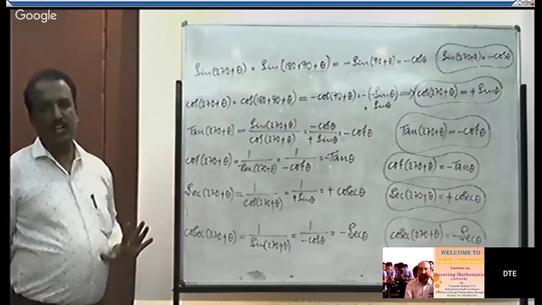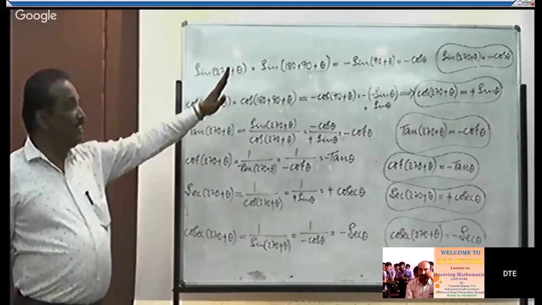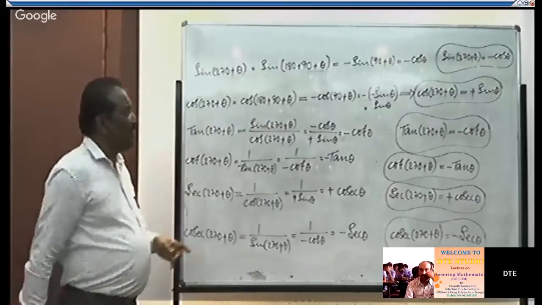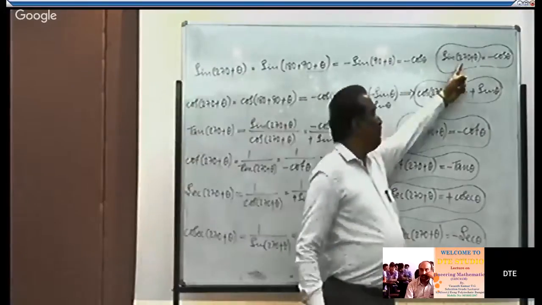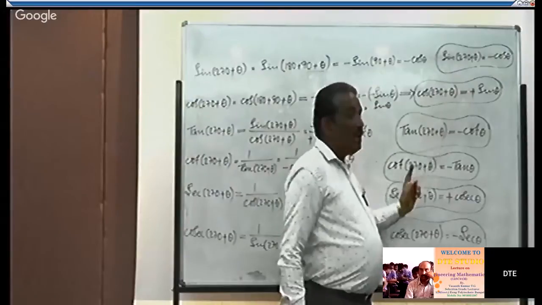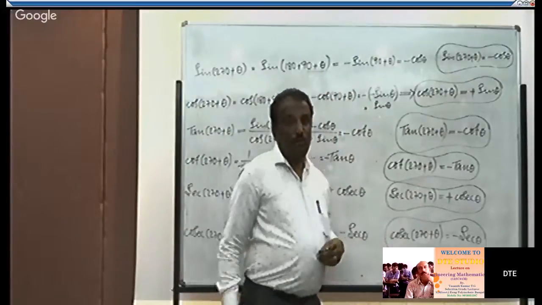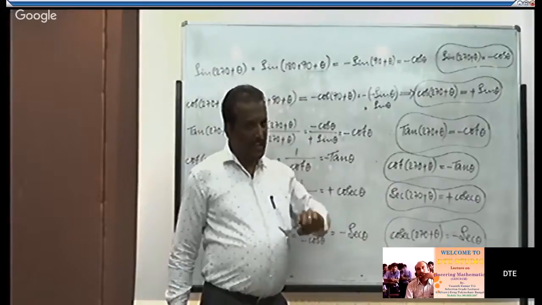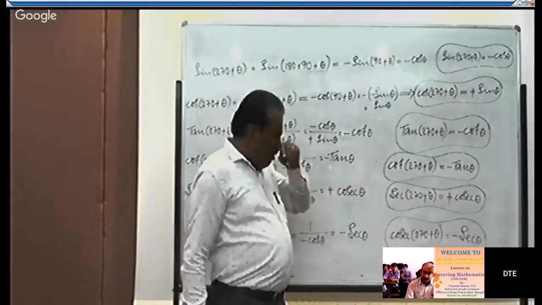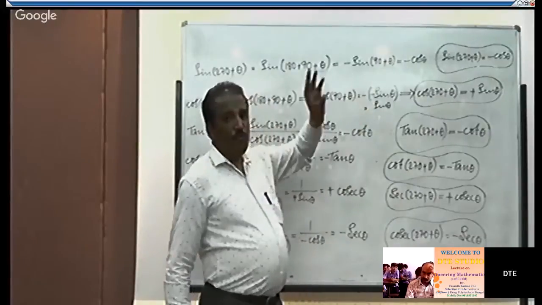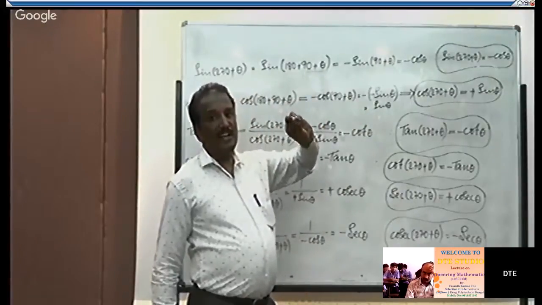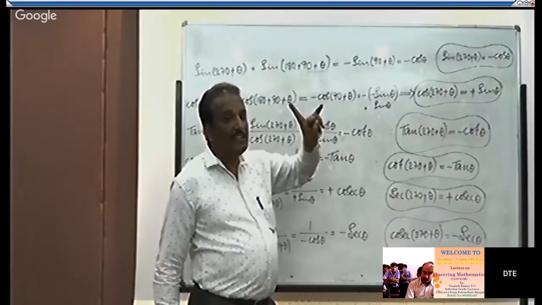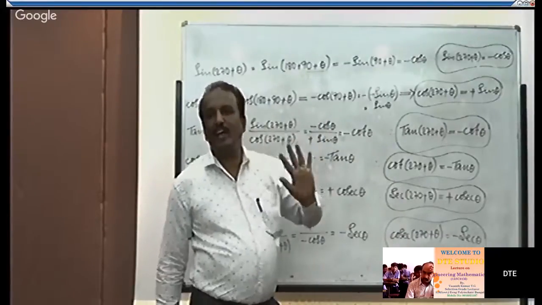Once again, you can check these results using the quadrant rule of signs. Please note that this angle 270 plus theta is coming under the fourth quadrant. In the fourth quadrant, the possible angles are 270 plus theta and 360 minus theta. So, when we connect 270 plus theta, which is an angle coming under the fourth quadrant, according to ASTC rule, only cos and its reciprocal secant will take a positive sign.